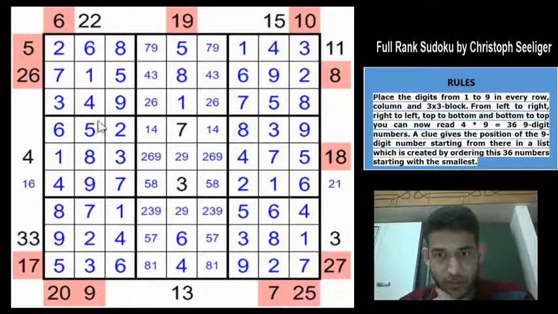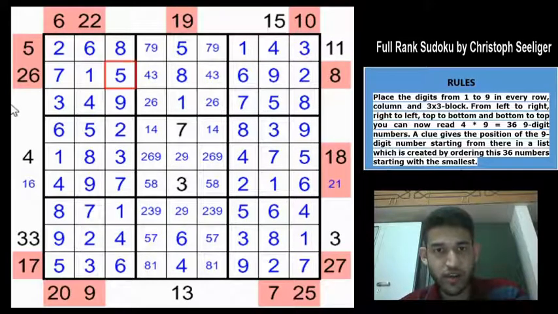22 is 6 on 4 and 21 is 6 on 2. Again, not helpful. Shade them also. The 11 clue is 3, 4 and the 12 clue is 3, 4, 9. So this is going to be a 12, right? And this is already greater than 11, so we can shade those also. These are also not helpful.